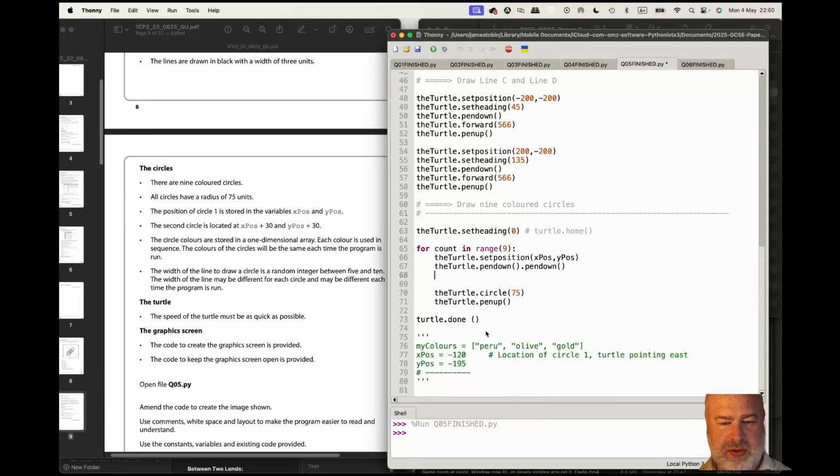Each colour is used in sequence. Peru, olive and gold. How's this going to work then? So I pen down, and then I need to do pen colour, and I need to do something tricky with this. Pen colour, so this is going to be my colours, but there's a little caveat to this. So which index do I want? I want them to change each time, so for each loop goes round,